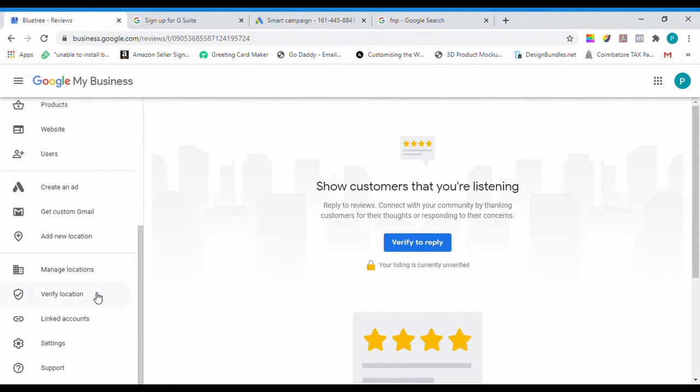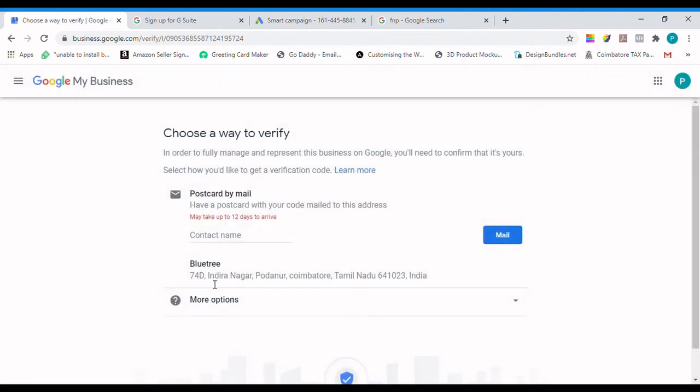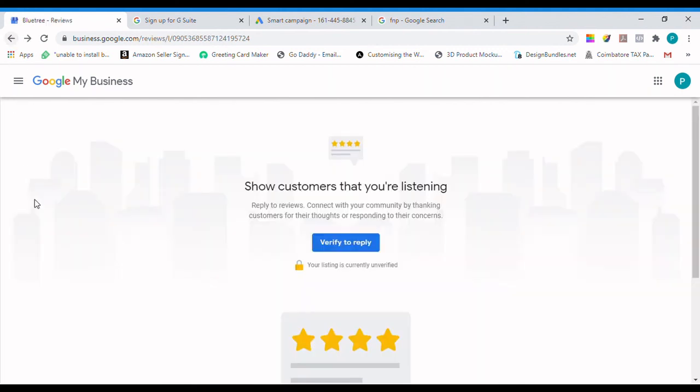We'll move down to verify location. You have added multiple businesses, where it will show all the business details, and here it will ask to verify by postcard. As I showed in the picture earlier in part 1, it will send you a postcard, so you just have to copy that code and verify here in the dashboard.